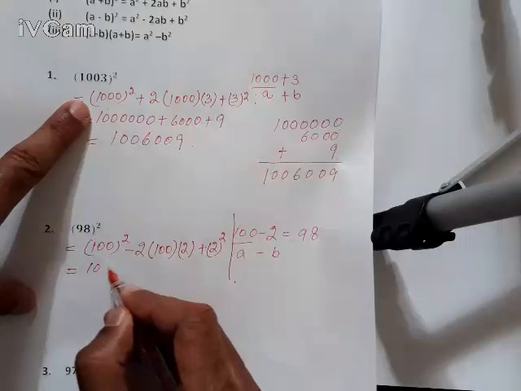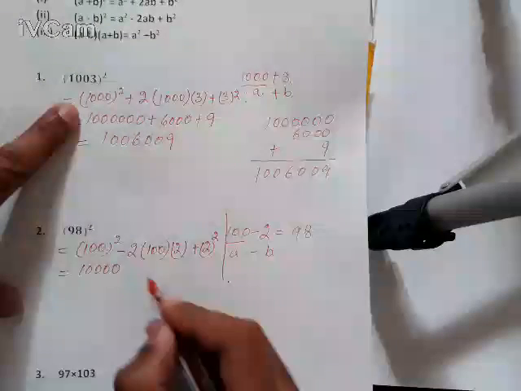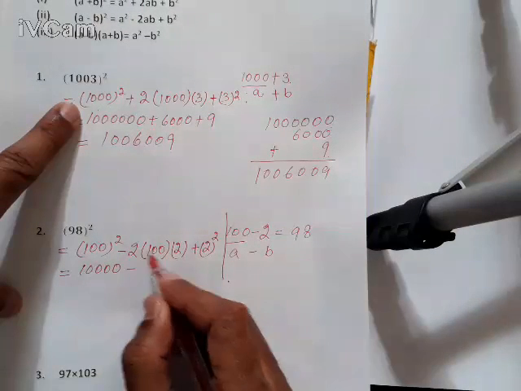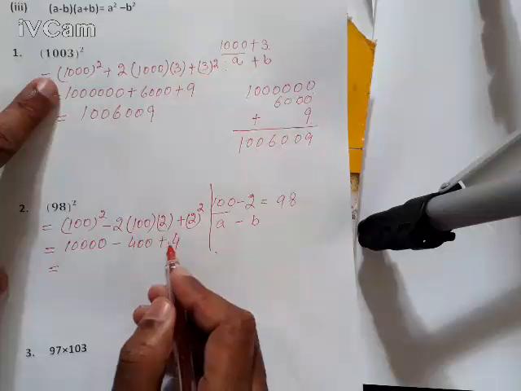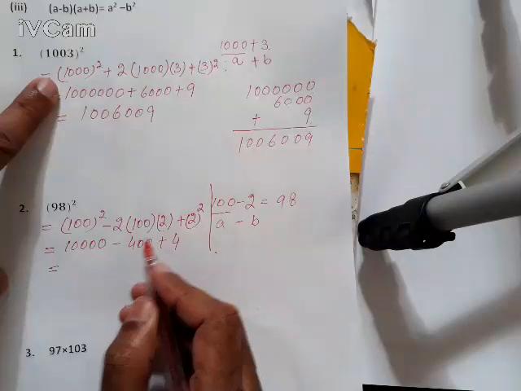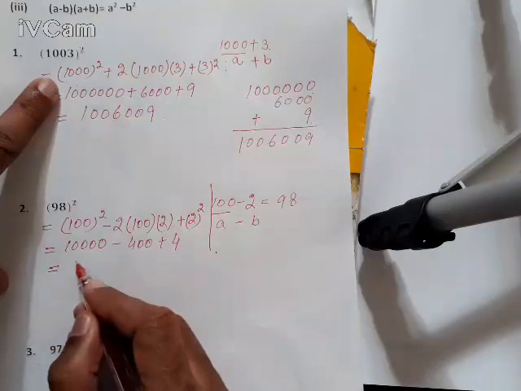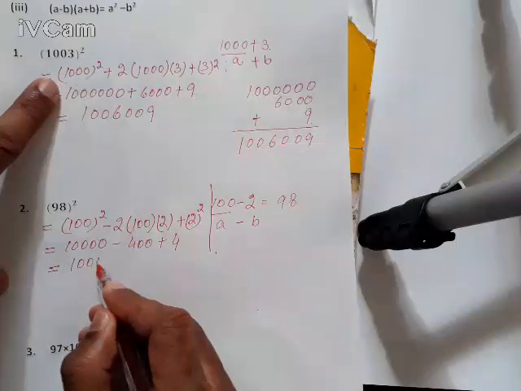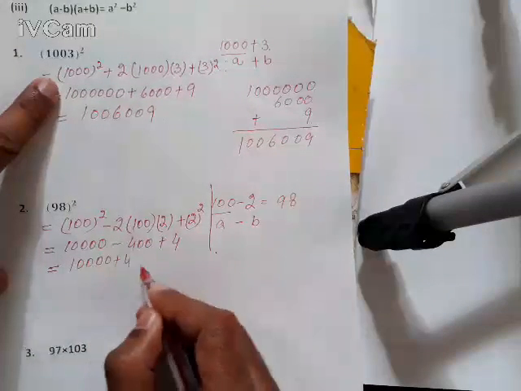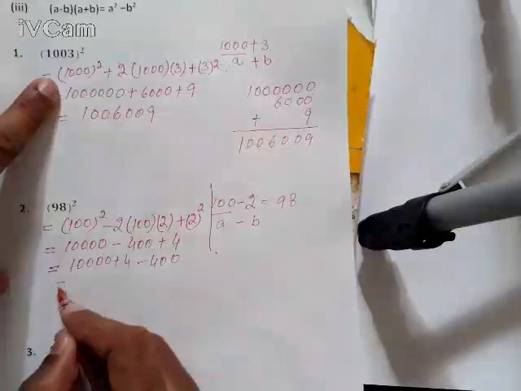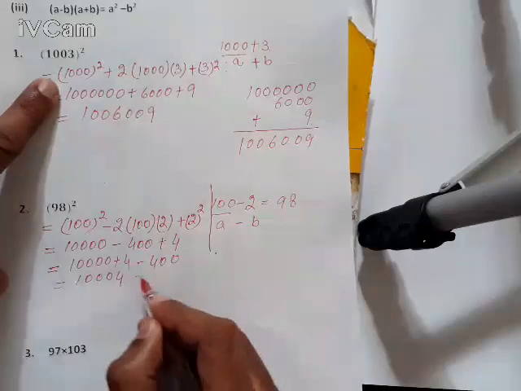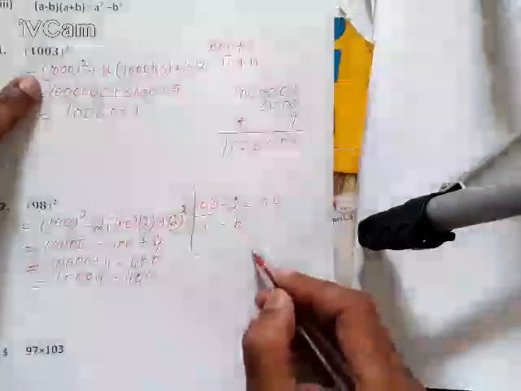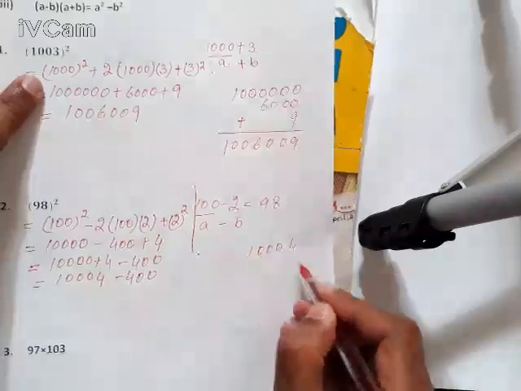So that means we have 4 zeros, minus 2 twos are 4, 4 into 100 is 400, plus 2 twos are 4, and then second is you have to add, and then you will subtract using BODMAS rule. So 1000 plus 4 minus 400, so 1000 plus 4 will be 10004 minus 400. Now subtract vertical wise,